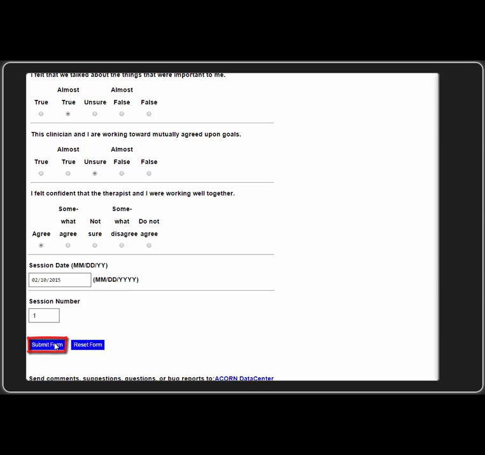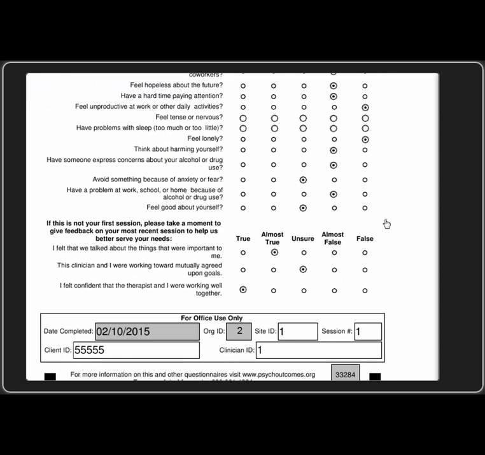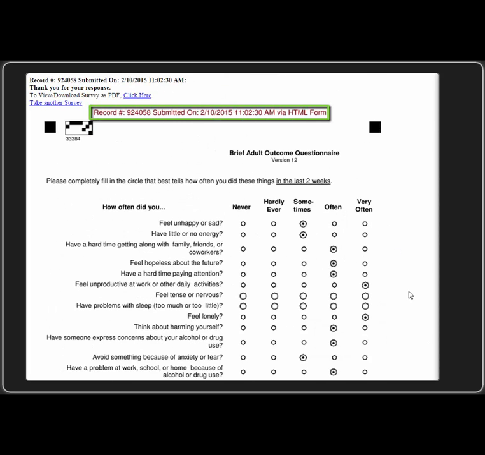form. Make sure that the tablet is connected to the internet, and that way all of the data will be transferred to our servers. At this screen, the client should return the device to you, or to your front desk staff. If the record submitted correctly, it should indicate it here. After submitting the form, the data should be in our system, and you can have the client return the form to the front desk staff or to the clinician, which can then be looked at and used by the clinician